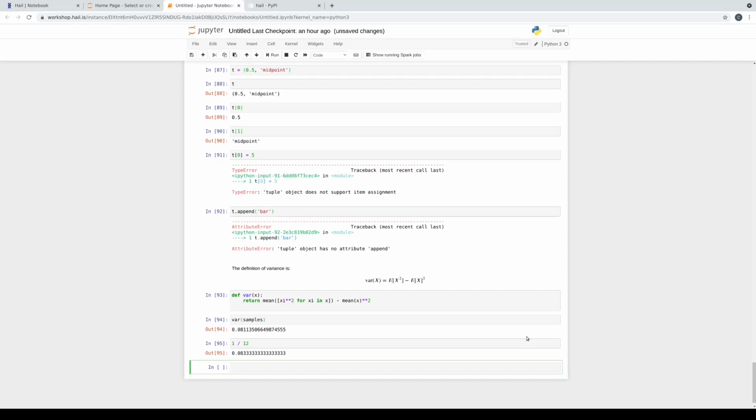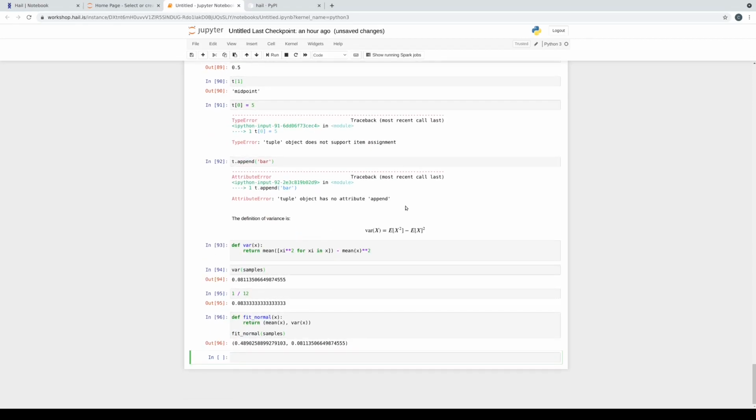Great. So now we want to build a function that, given a list of numbers, returns both its mean and its variance as a tuple. The mean and the variance are the parameters of a normal distribution. So effectively, we're finding the best fit normal distribution to the set of samples that we're given. So let's call this fit normal. It's going to take a list of numbers, and it's going to return a tuple that has the mean of x and the variance of x. And then let's fit the normal on samples.